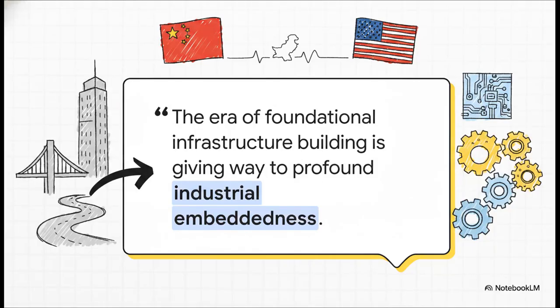So here is our overarching theme for today. We need to evaluate exactly how Pakistan manages the delicate strategic balance between China and the United States. And alongside that, we're going to analyze the massive shift from foundational infrastructure building to deep industrial integration under the current economic frameworks. We're going to break all of this down into a really structured, high-scoring essay outline for you.